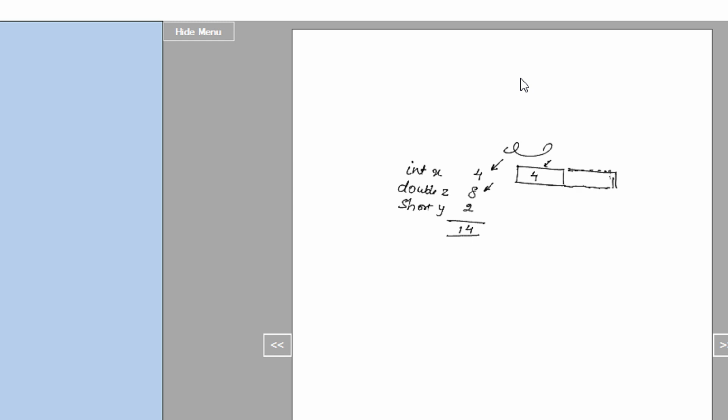A 4 byte space. Now it checks that, okay, can I fit an 8 byte double here? No, because I have only 4 bytes available, right? So this space it leaves blank. Now it knows that in order to assign 8 bytes, I need a box of 8. So now it assigns a complete 8 byte box to it,